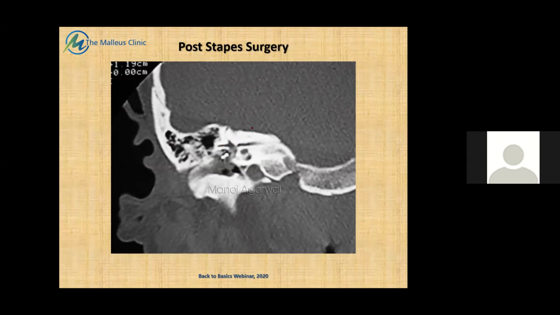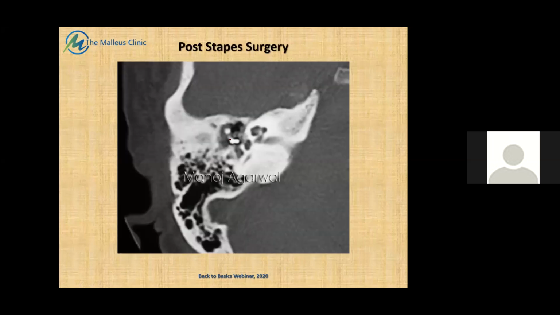Sorry. So it all depends upon the radio opacity of the material that you've used for your piston. A Teflon piston might not be radio opaque. This is a piston which partly had titanium, and that's the reason why we are able to visualize it. And as you can see, this is the area of the foot plate. This is the vestibule, and so this is